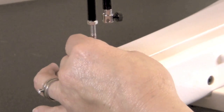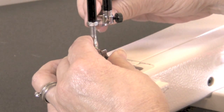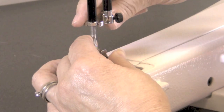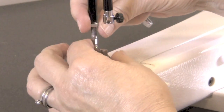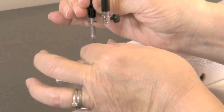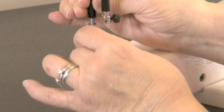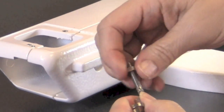Now, while holding the hopping foot firmly with one hand, loosen the lock nut by turning it clockwise with the 8mm wrench. Remove the hopping foot by turning it clockwise. Remember, the presser bar is spring-loaded and it can be pushed up with your hand. If your foot hits the machine, see section 2 of your written instructions, or we'll discuss it later in the video. Remove the lock nut from your foot that you've just taken off